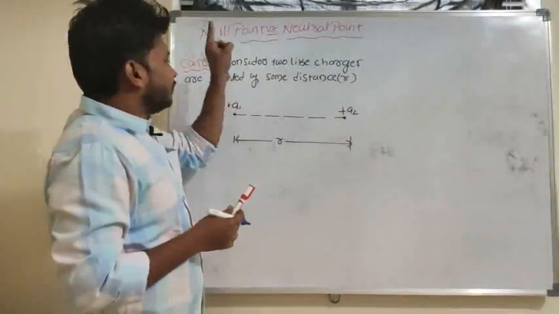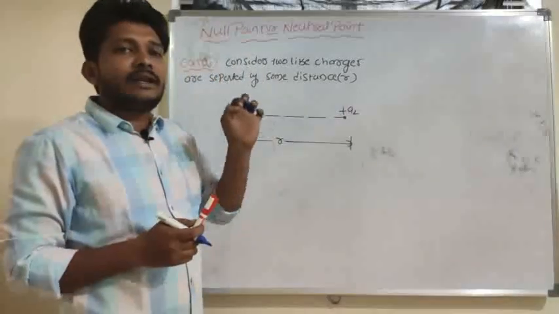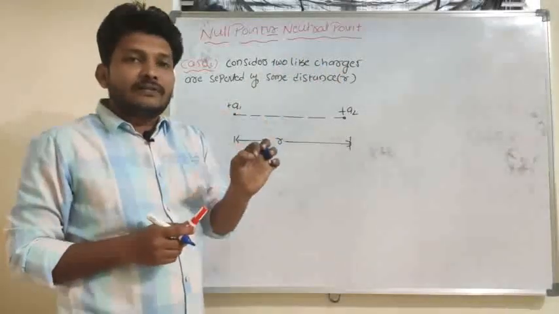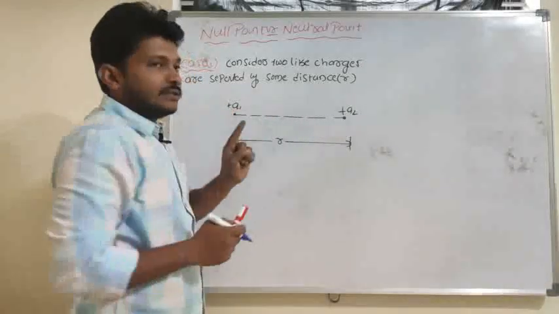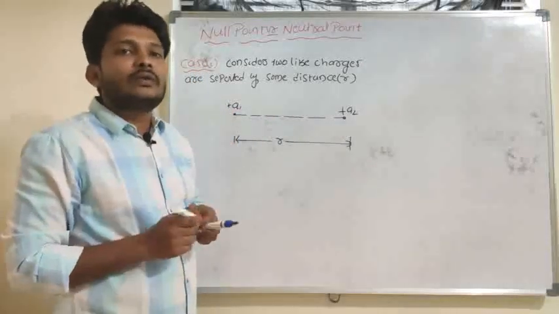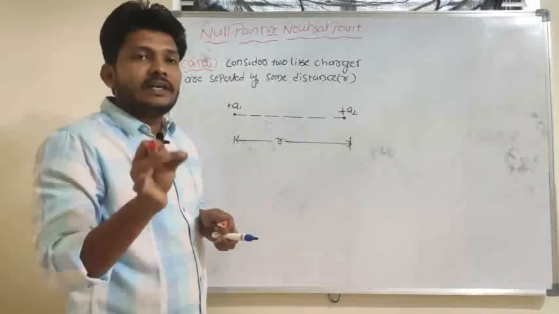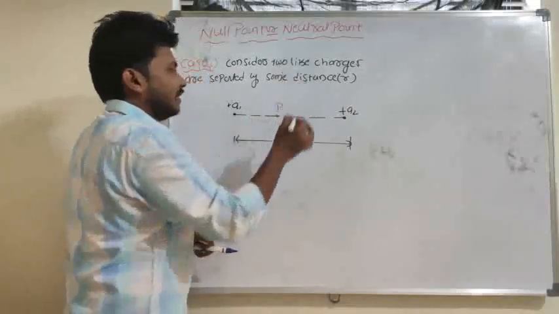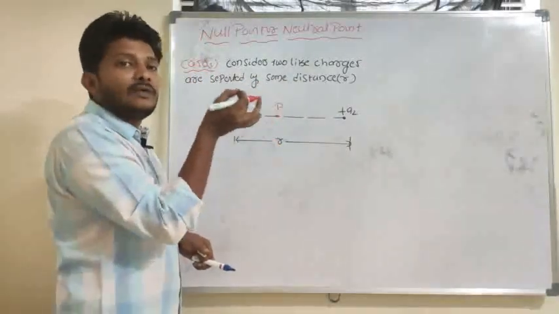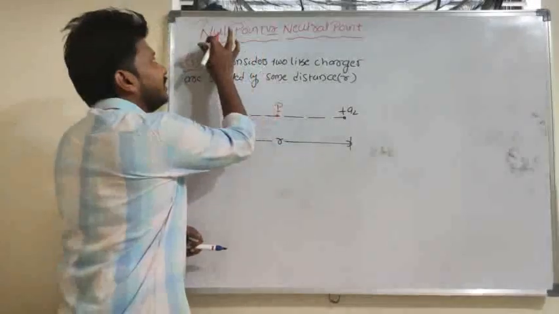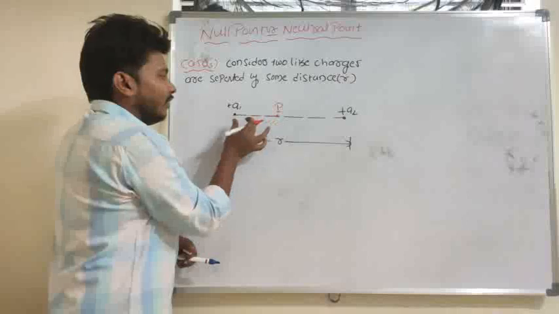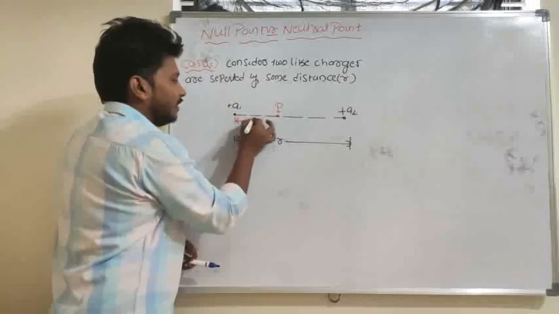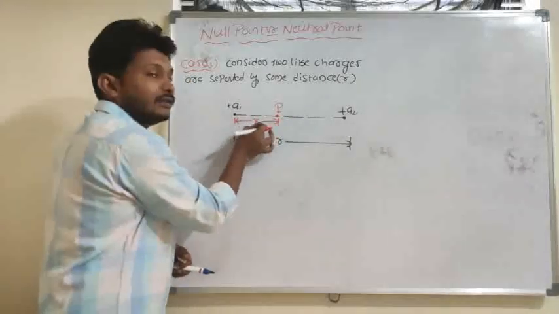Now between these two charges I will get that 0 electric field. Remember one point here: if you consider two like charges, the 0 electric field exists between the charges, between q1 and q2 somewhere. For example, at point P I will get the 0 electric field. So this point P I will name a null point or neutral point. I want to determine the distance: from charge q1, this null point is at a distance x. I will calculate the value of x.